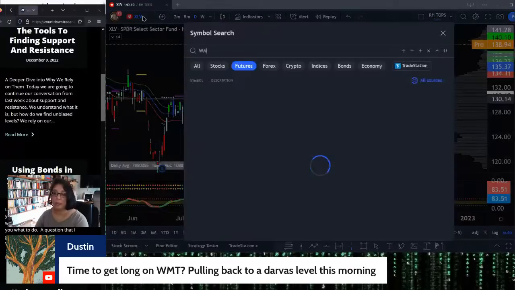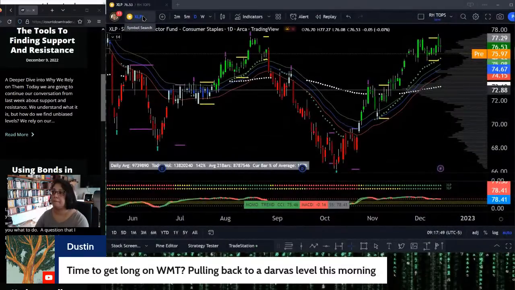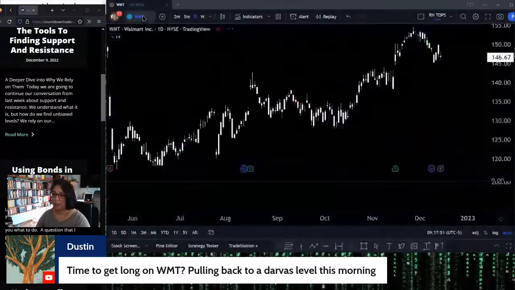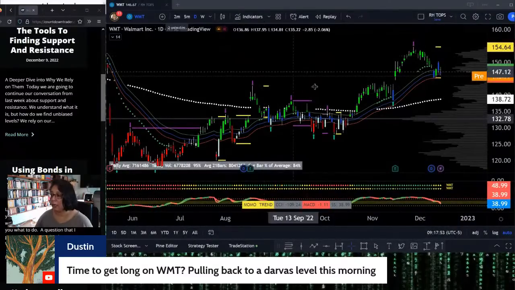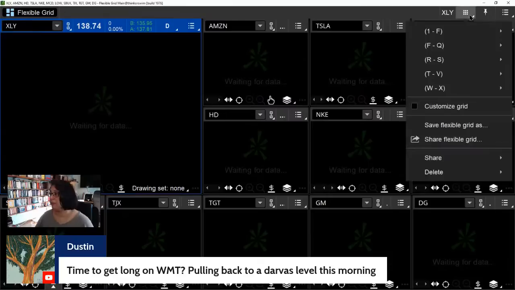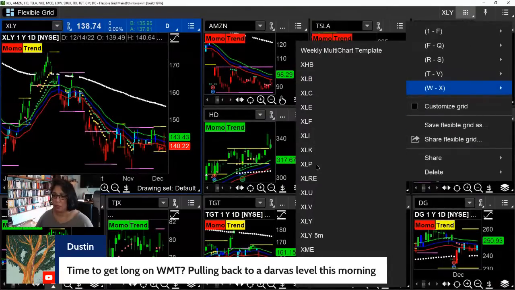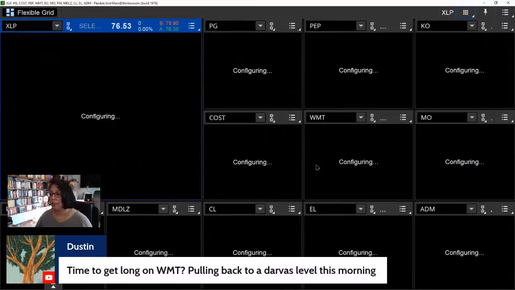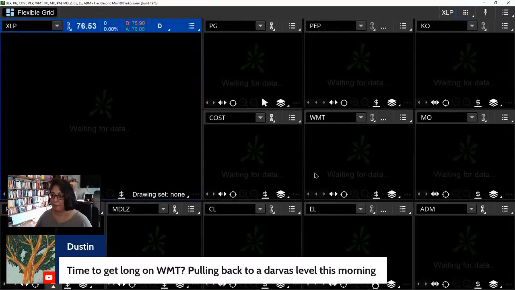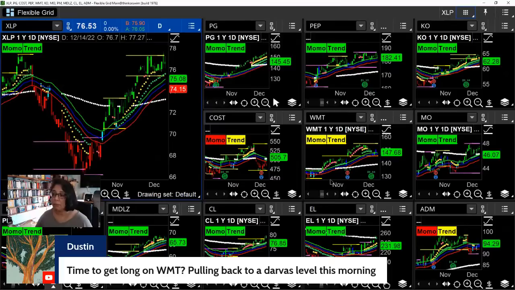Now, back to Walmart. Walmart is very much a conversation around this symbol, right? Dustin, if I like XLP, there's not a lot that I won't like about Walmart. However, let's do this. This is a big part of what we do in the mastery, the sector sequence mastery as well, which is we crack open the indices. We crack open the sectors, and let's take a look at Walmart from that point of view, Dustin.